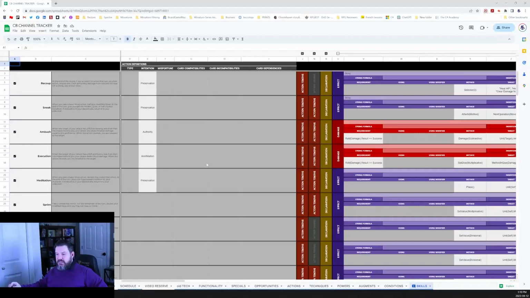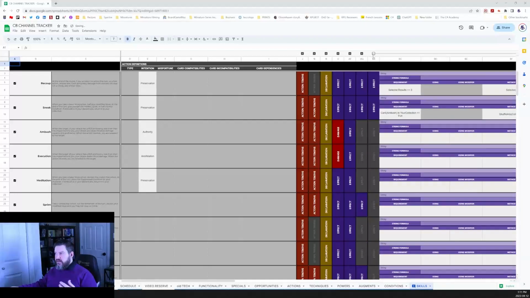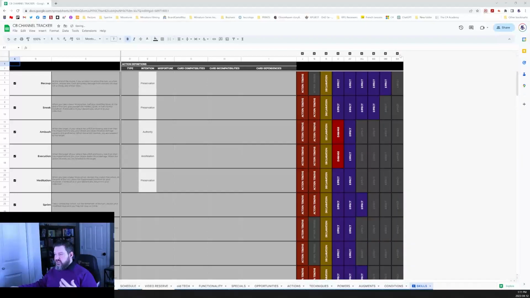But in effect, these are your instants. These are your free action at any time kind of deployable things. So the way that I decided what a skill was as opposed to an action was, I said